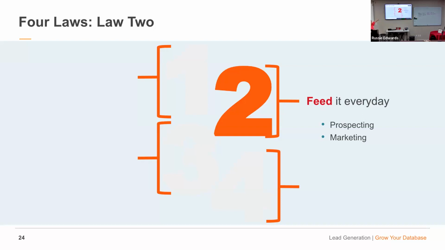Also in your database and command, you're going to see a health score. It will tell you how healthy your database is. The things they're looking at: do all of your contacts have a first and last name, an email, a phone number, an address? Do you have them set up on a neighborhood? All of those things generate your health score. If your health score is low, you can see what areas you are missing, and you can filter by who's missing phone numbers but has an email, and fill that in.